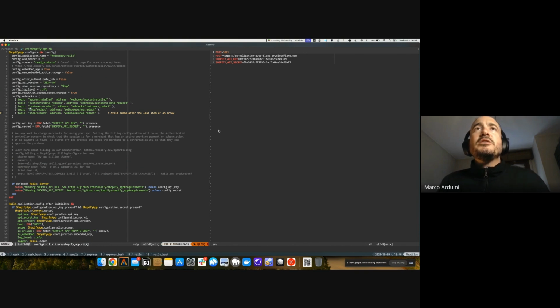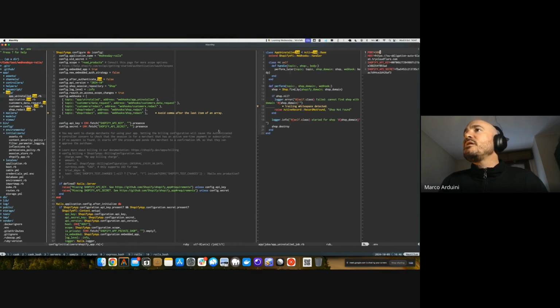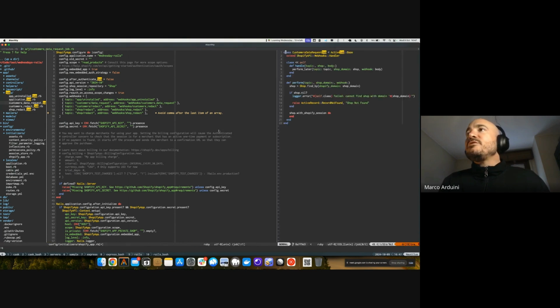Actually, I think we have basic implementations of this included in the gem. App uninstalled. Okay, should destroy the shop, meaning destroy the shop from the database. Customer's data request doesn't do anything, as you can see,